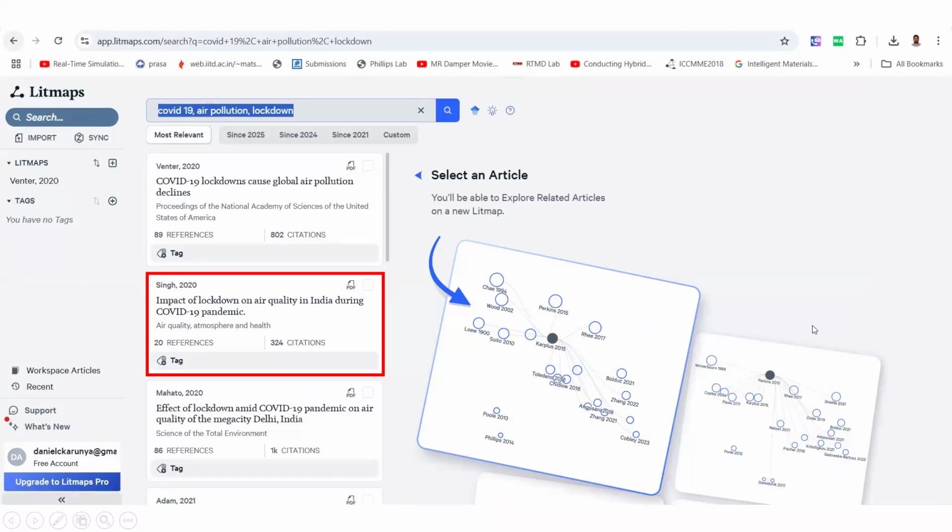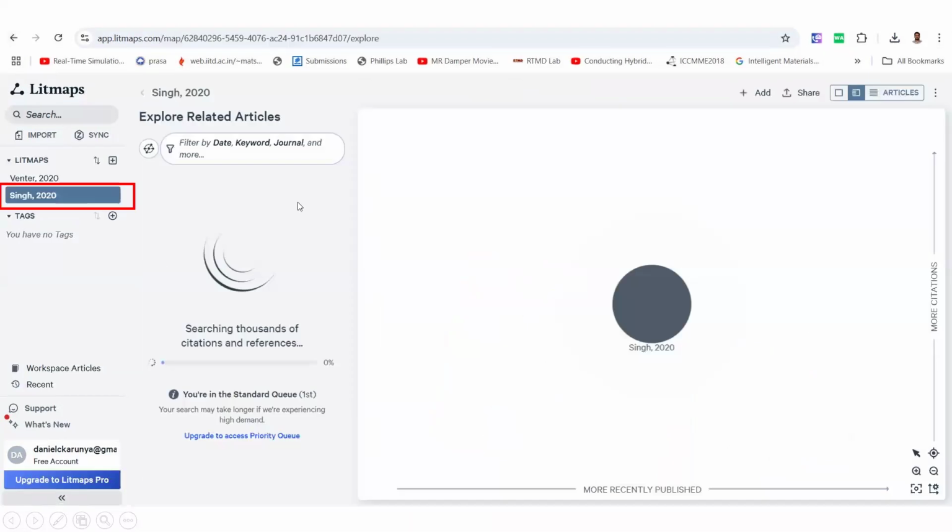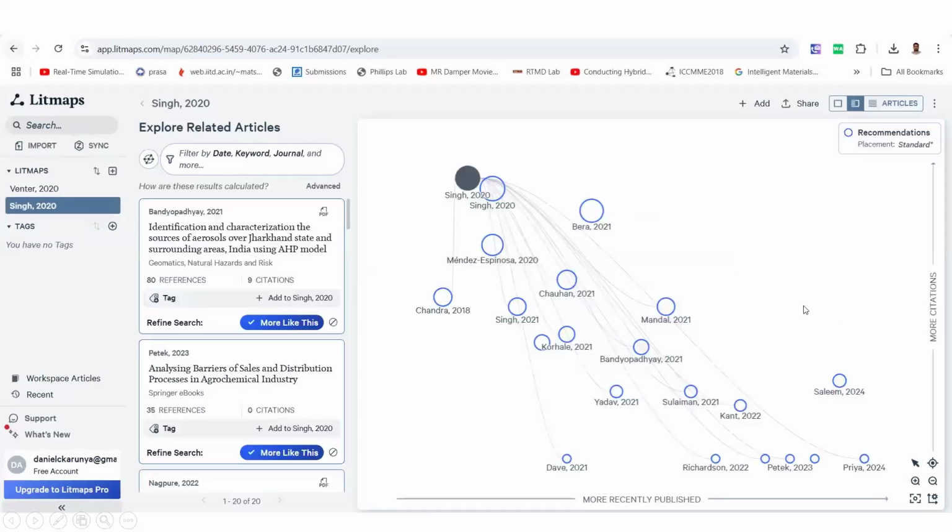I just click one article and it takes some time searching thousands of articles. All right. So there's an article, I'm just saying Sing 2020. So the most important thing here is the X and Y axis. You can see here at the top,